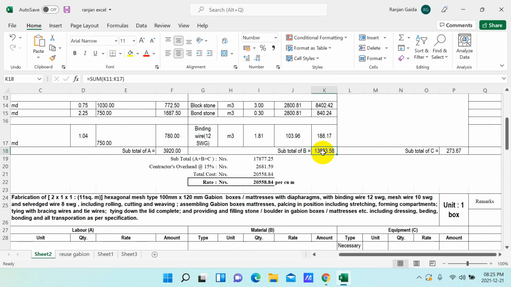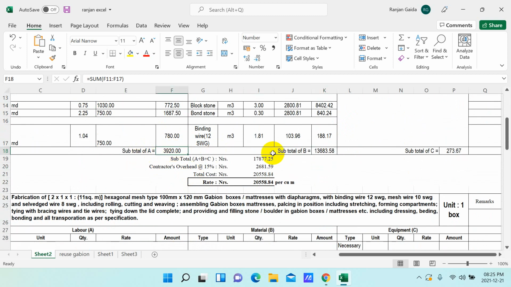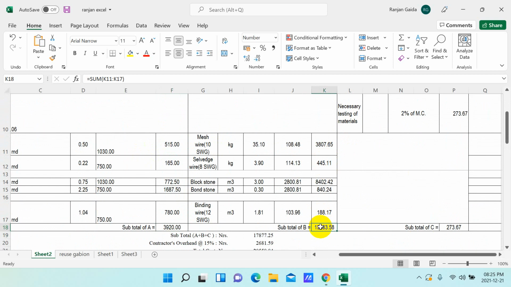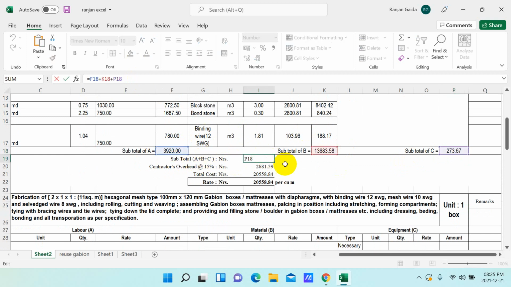this total amount. So total amount of labor is this, total amount of material is this, and for testing of material we get 2% of the total amount of material, and we get the amount as this. So adding up all these three terms, subtotal of A plus B plus C, we get the desired amount of this. And as you know, the contractor's overhead is always 15%. So 15% of this amount is this, and if we sum up both of these, then we will get